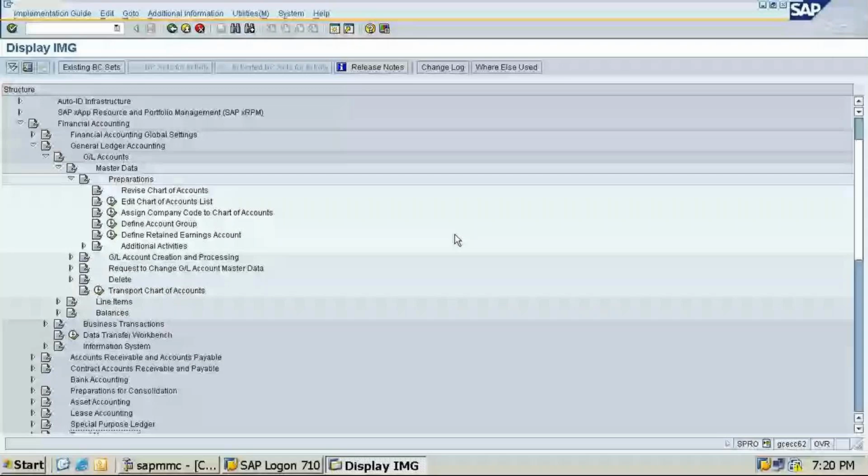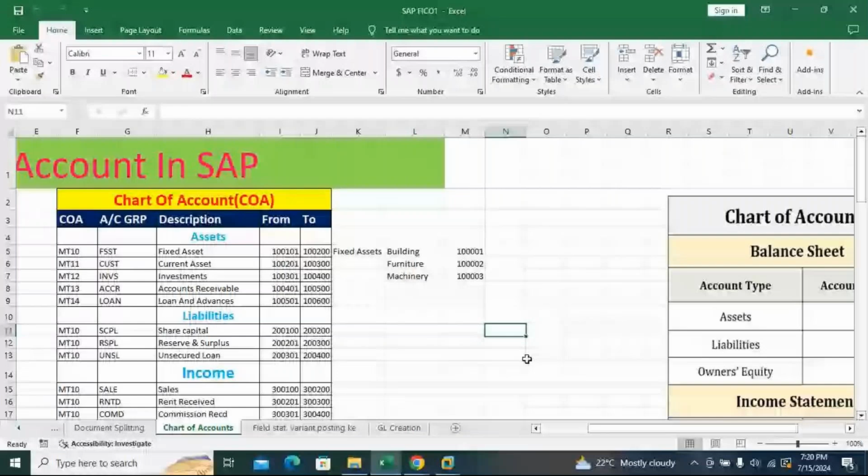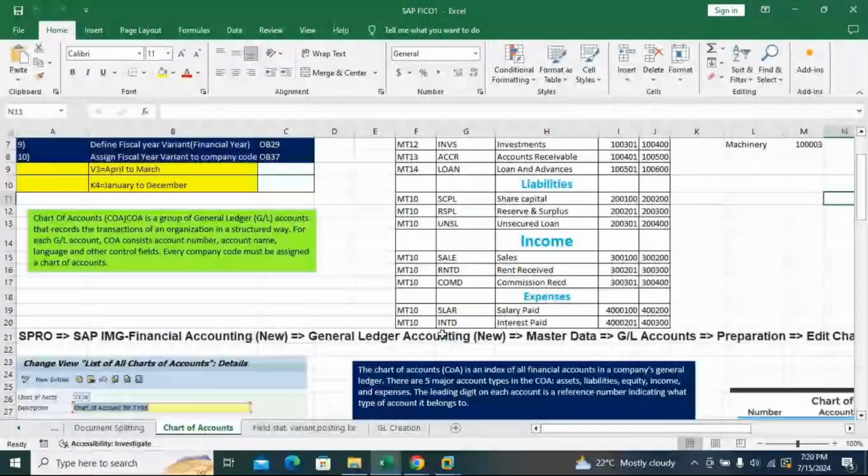Here it is there. This I have explained. So SPRO, SAP Reference IMG, financial accounting, general ledger accounting, GL account master data, preparations, edit chart of account list. You have to click on this. Okay.